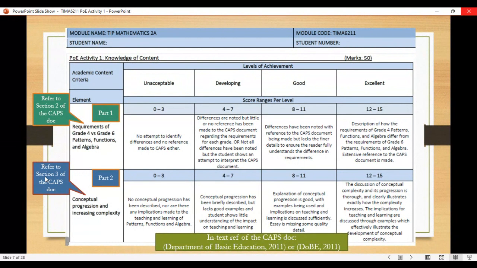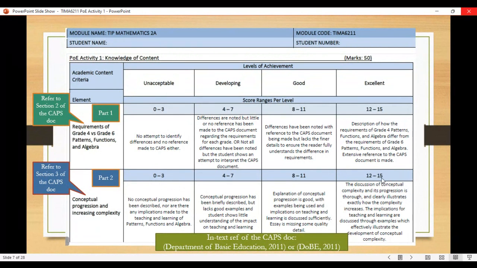And if you remember, we have done this in class last week, where I have given you the page numbers of where each of the topics are highlighted in the CAPS document section 3, where the teaching guidelines are given, the different pages that I've given on that content area. So part 2 also weighs 15 marks.